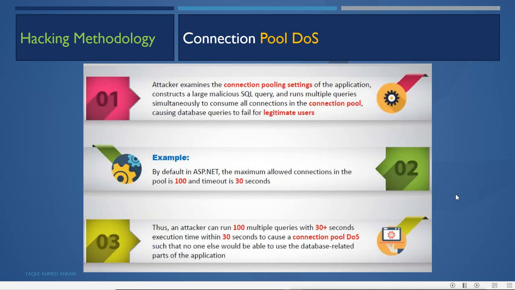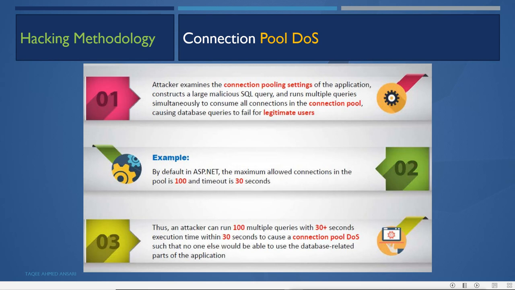Connection pool DoS, that is denial of service. In this, the attacker examines the connection pooling settings of the application, constructs a large malicious SQL query and runs multiple queries simultaneously to consume all connections in the connection pool, causing database queries to fail for legitimate users.